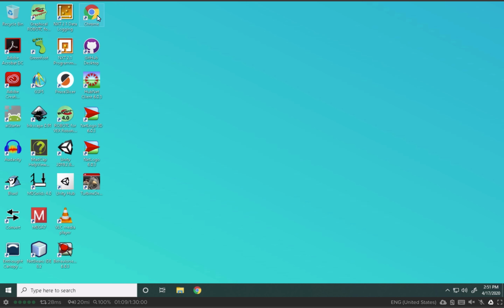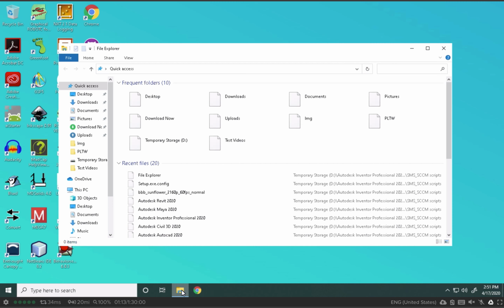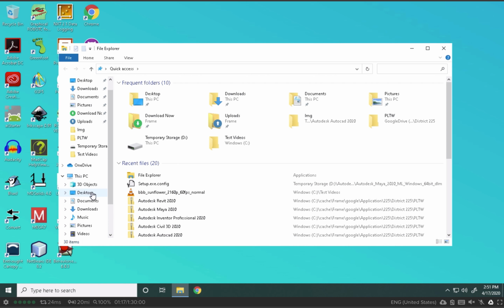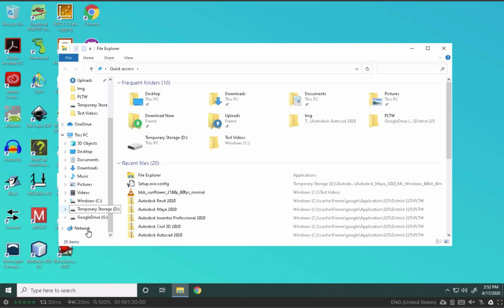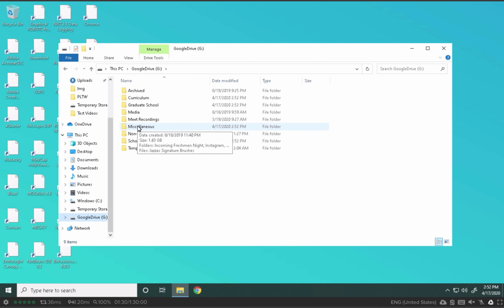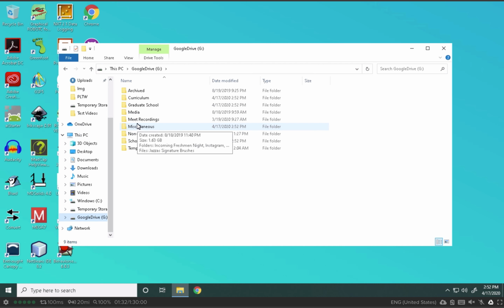A couple things to note on a Windows or PC computer. We're going to click right here to get to the Explorer. This is sort of the same as Finder on a Mac. And I want you to see, if you scroll on down on this PC, it'll say Google Drive. And by logging in with your Glenbrook Google account, you're automatically connected to Google File Stream. So you should see all of your projects right here. So you actually should be able to access some of the projects that you were working on before we left